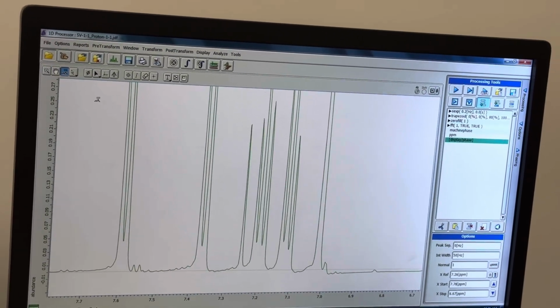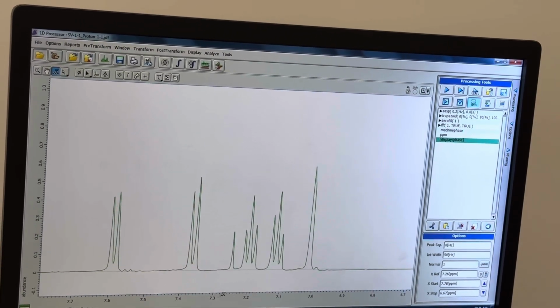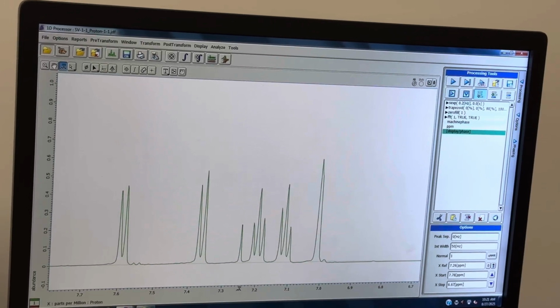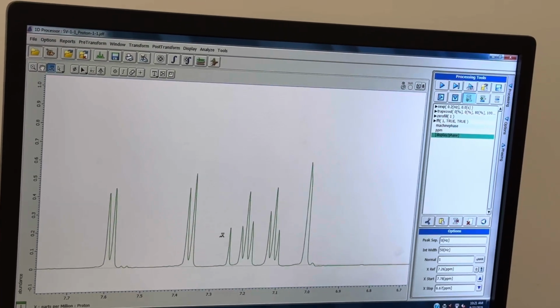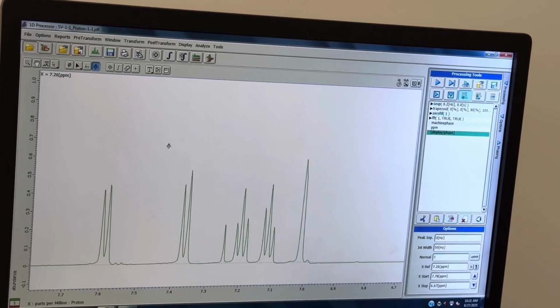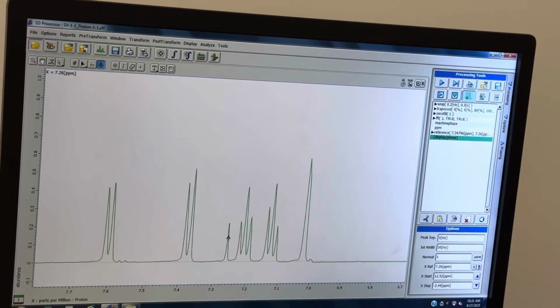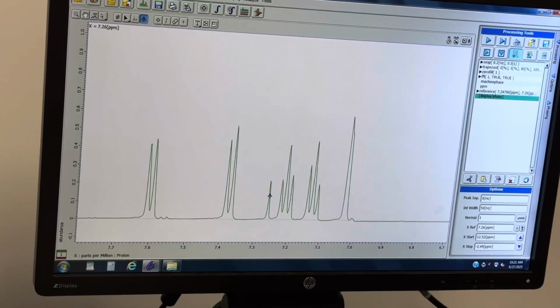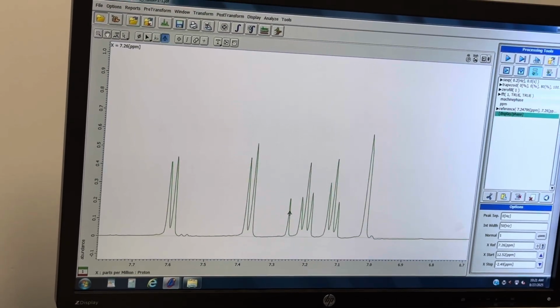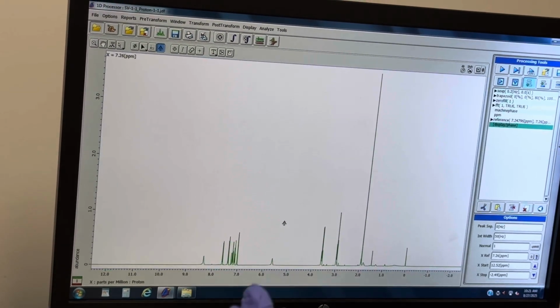This will make it up and down, so we make it down. You can see there's a single peak, 7.26. So we'll choose this and fix this 7.26. We do take calibration. Now accordingly our compound peak will come. Home means to get the full image,